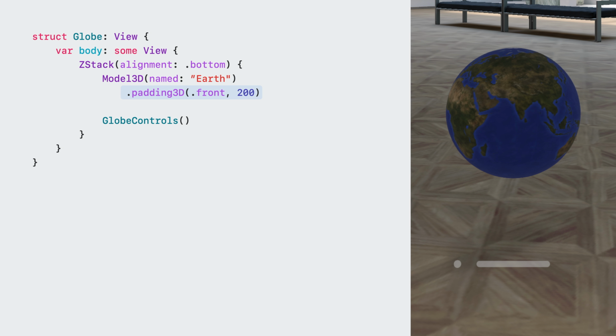Remember that volumes are designed to be viewed from any angle, so it's important to think about how your app's content is arranged in all 3 dimensions. Finally, to make my controls look great and feel grounded, I'll make sure to use the new Glass Background Effect modifier, giving it the same beautiful glass treatment we had in our standard window before. Now these controls are looking ready to rock.